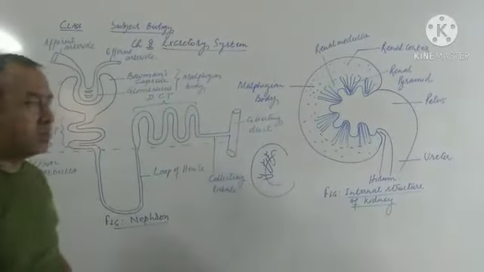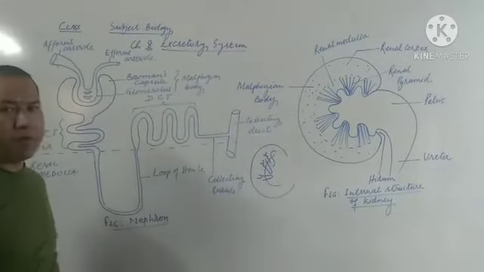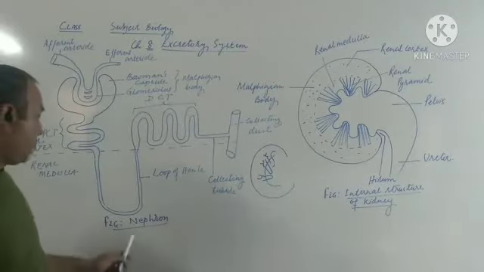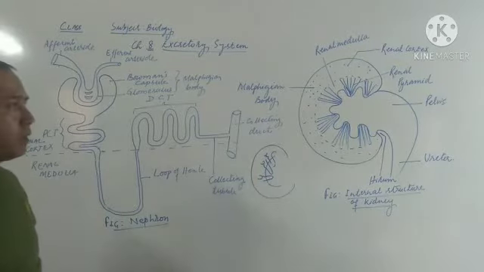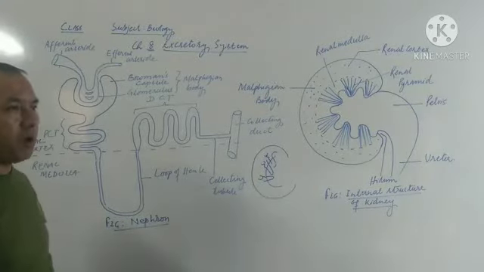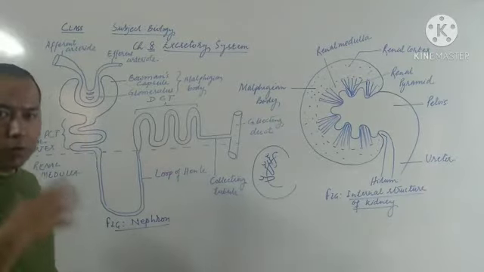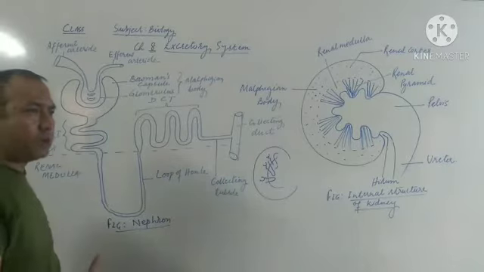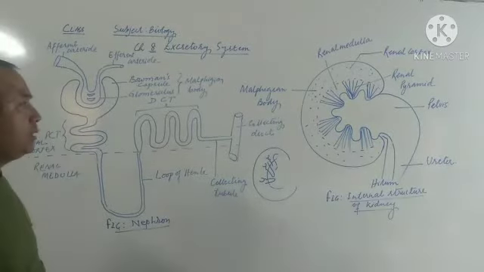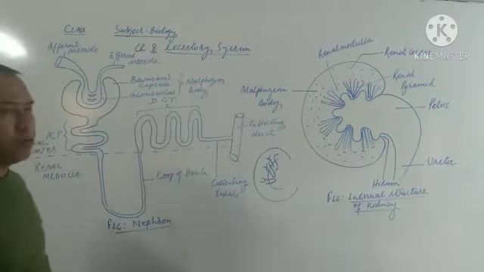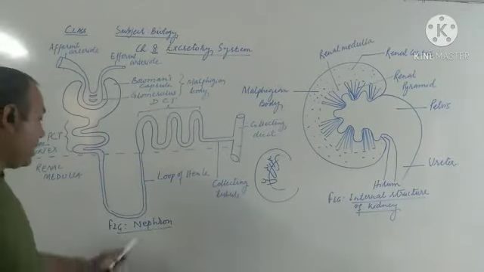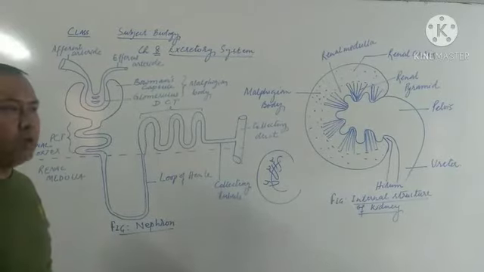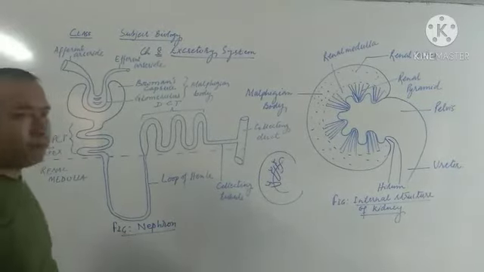Now, come to the next structure, that is the structural and functional unit of kidney. The structural and functional unit of kidney is what we call the nephron. Why is it called the structural and functional unit? Because it is the nephron which makes the whole structure of the kidney. It is the smallest part of the kidney which remains functional. So that is why we define nephron to be the structural and functional unit of kidney. It has got many names. It is often called kidney tubule, renal tubule, uriniferous tubule, and nephron.